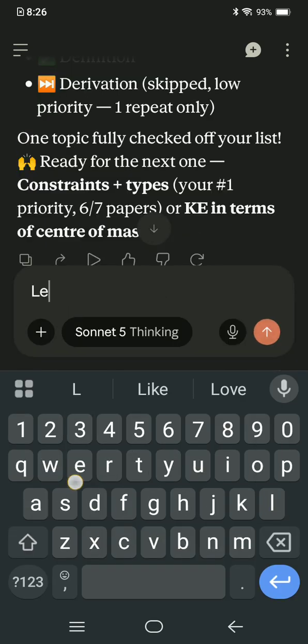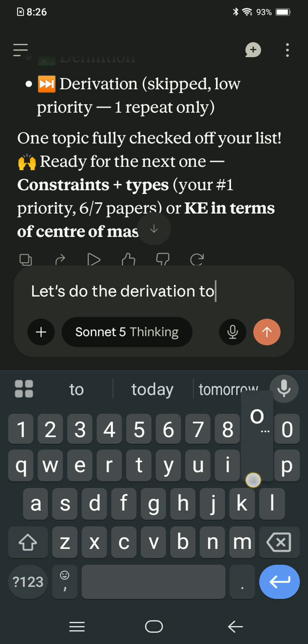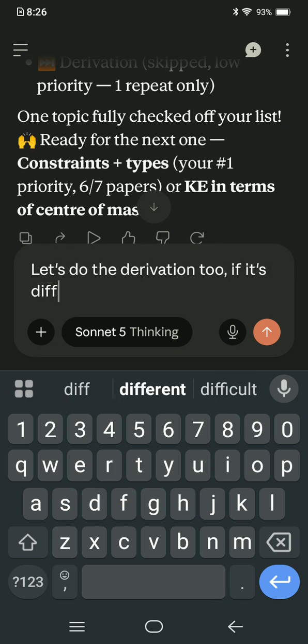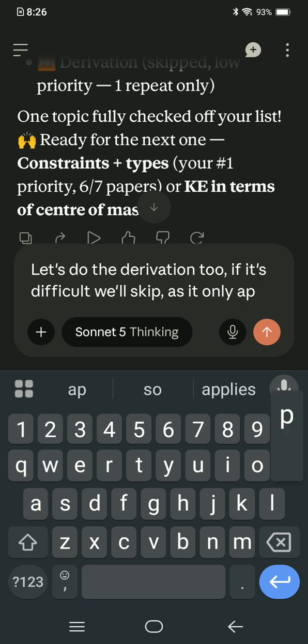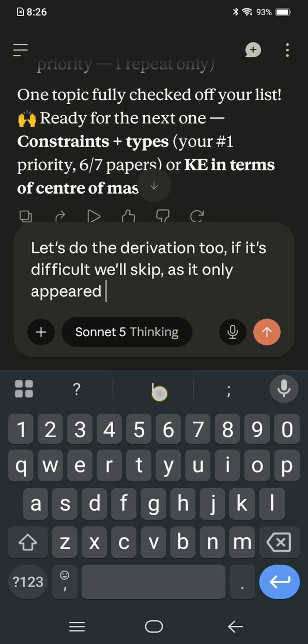Let's do the derivation too. If it's difficult, we'll skip. Has it appeared only once in the